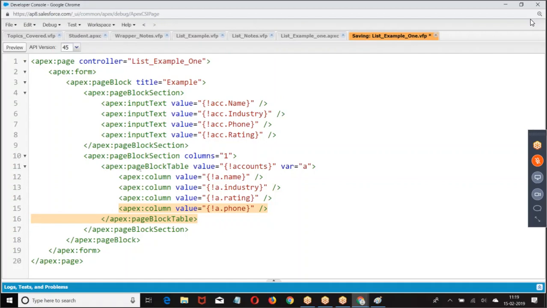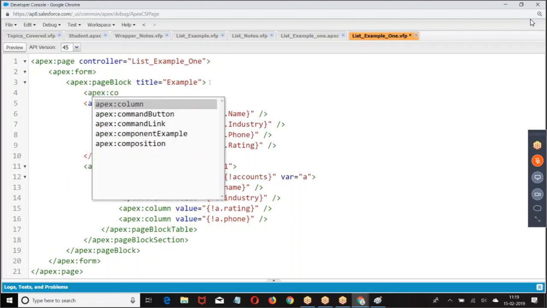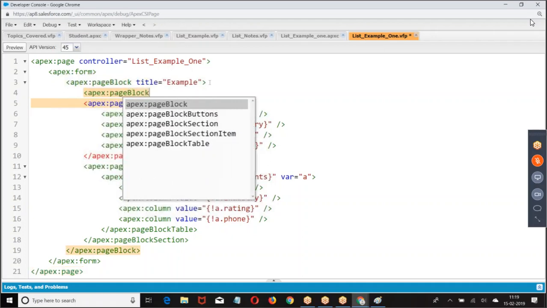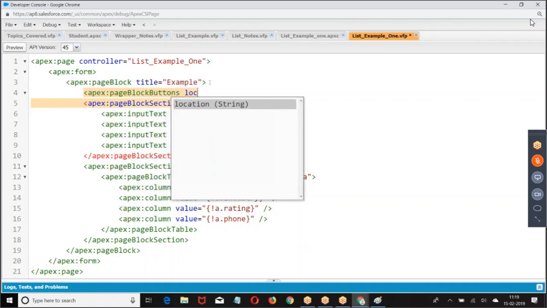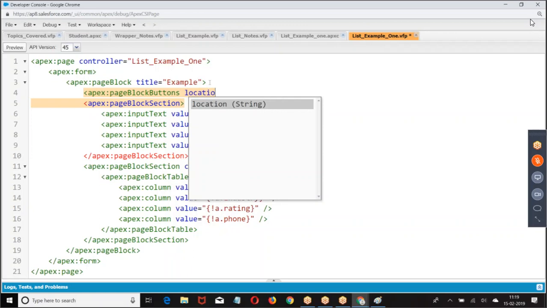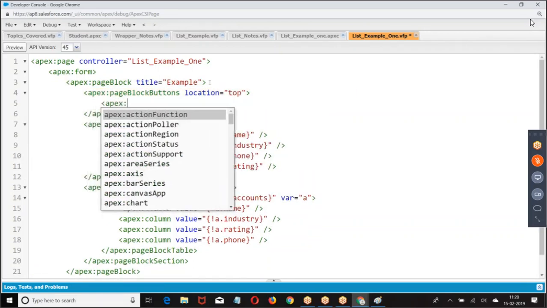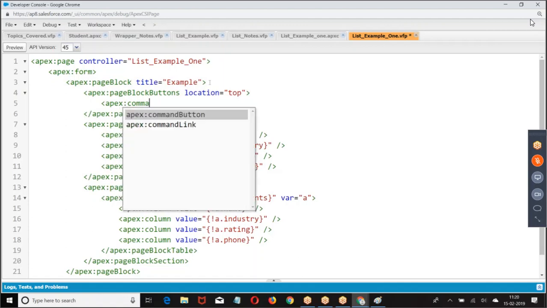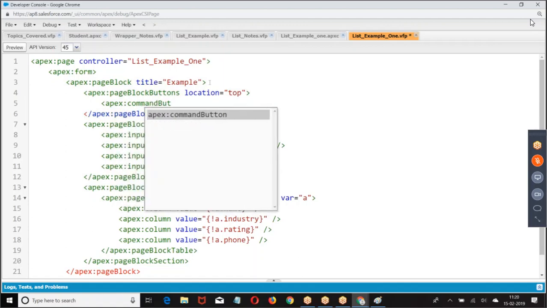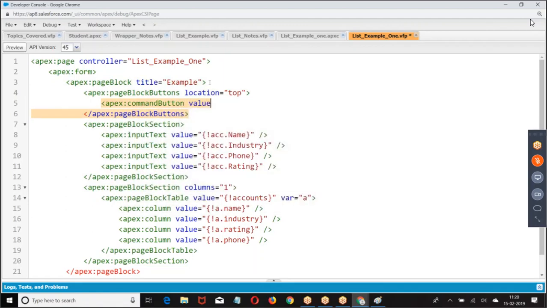Then I need a button. The moment I enter the data, I want the data to be saved. Command button, value equal to add, action.